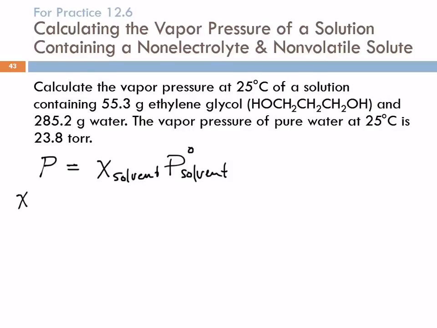So we need the mole fraction of H2O, and that will equal the moles of H2O divided by the moles of H2O plus the moles of, we'll call it EG. So 285.2 grams of water